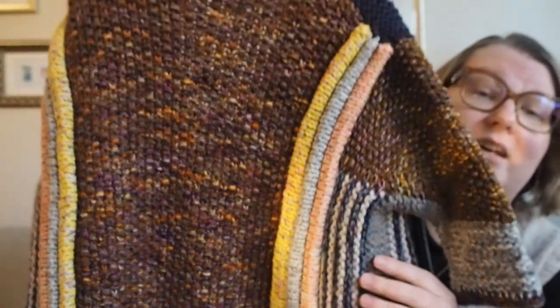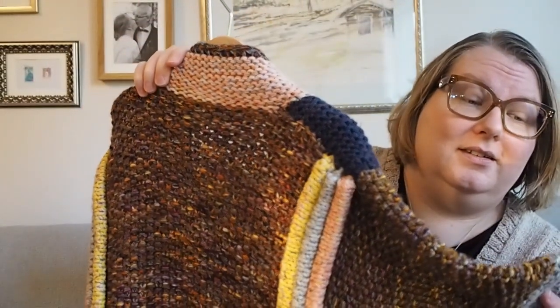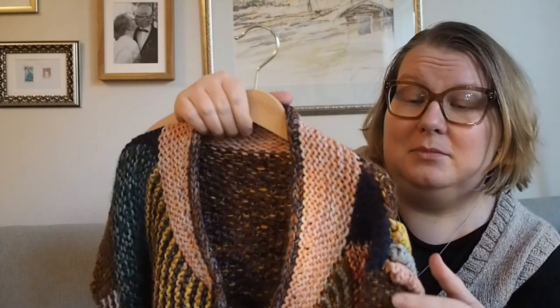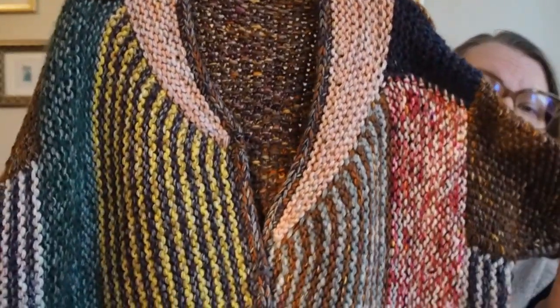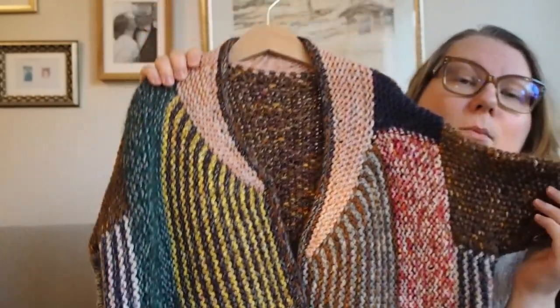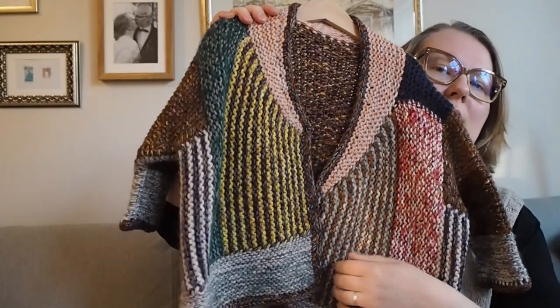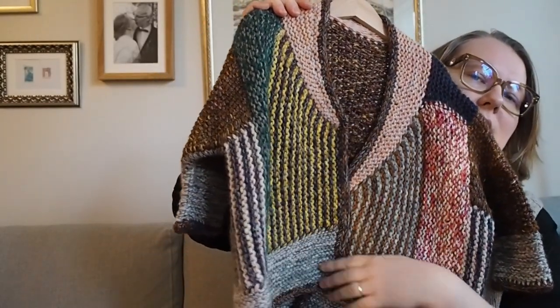But yes, I just... This is not just my favorite make for 2022. This might be my favorite thing that I've ever done. I love it so much. I really like the colors, how they work together, these striped sections and